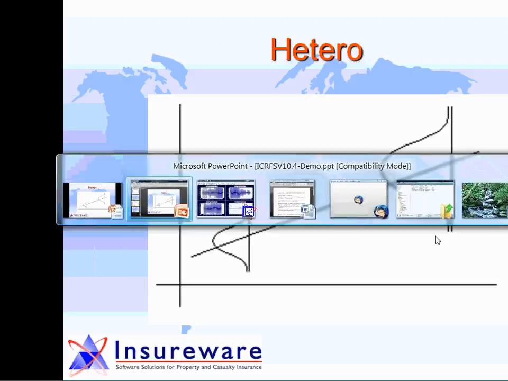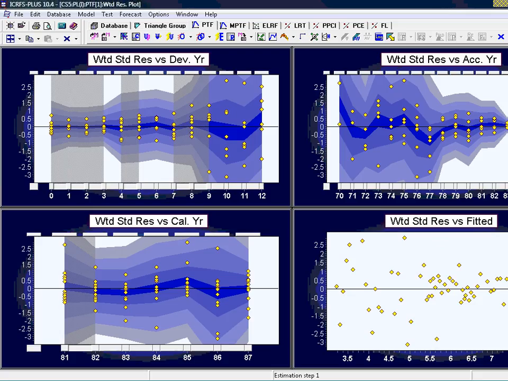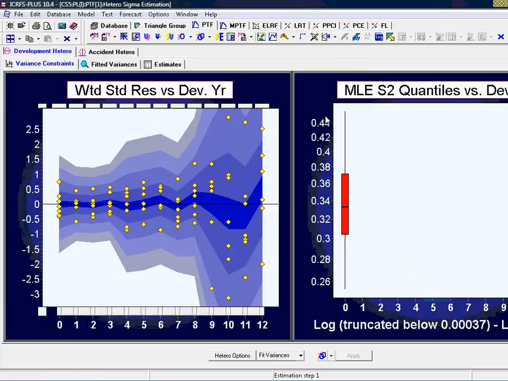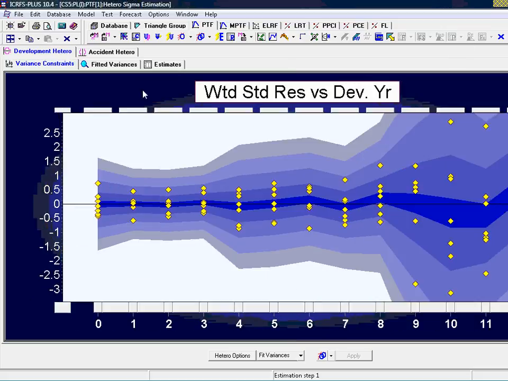Okay, so let's look at how we do this in Emblem Plus. We'll just switch back to Emblem Plus, and we'll look at doing it via manual hetero. So that hetero analysis is this H button here. Don't actually click on it. And you can see the blue H with the distribution there. Click on the downward arrow and open up manual hetero. Click there. And we see a display like this, and we'll just click on the residuals versus development here for the moment. Okay. And again, as we saw before by eye, it looks like we're going to get 3 pieces. If we just look at the shape of these contours, between 3 and 4, and I'll just click on them to put the grey bars in,